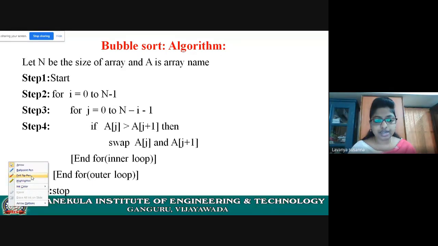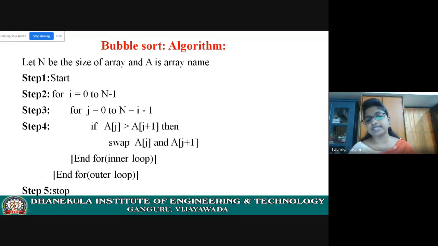Please, if there are any doubts, respond right now. Practice the algorithm. Understand it. Trace out the algorithm step by step. You will understand. For i equal to 0 to n minus 1, because index starts from 0, to n minus 1 only, right? 0 to n minus 1. Here, it means for i equal to 0, i less than n minus 1.